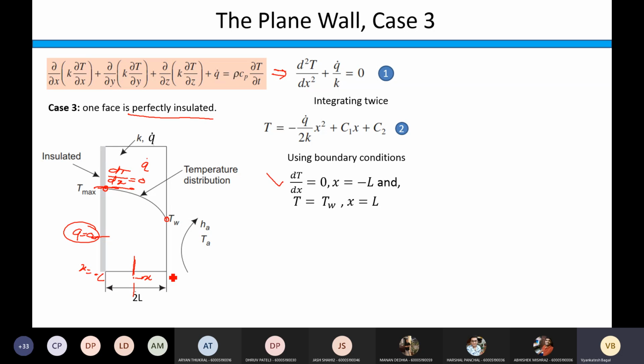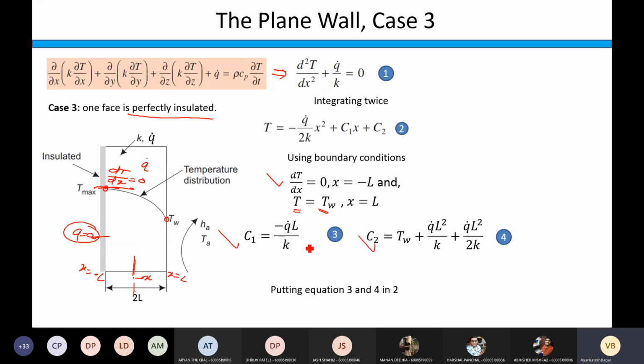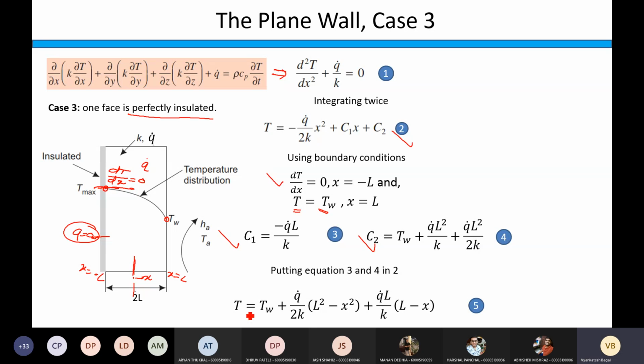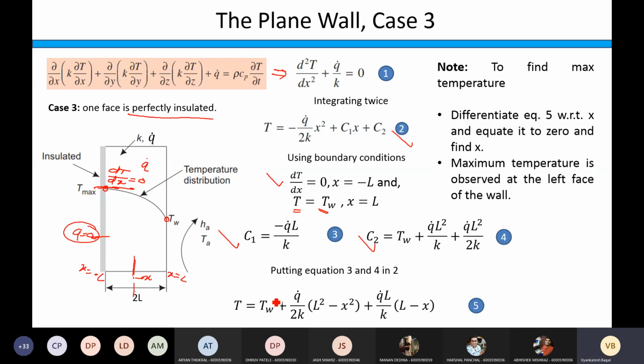And the second boundary condition at x equal to L, means at this face, temperature T is nothing but wall temperature Tw. So this is the only difference. Pretty similar to what we did in the previous two cases. We'll find out constants C1, C2, and derive the expression for the temperature distribution T like this, and again